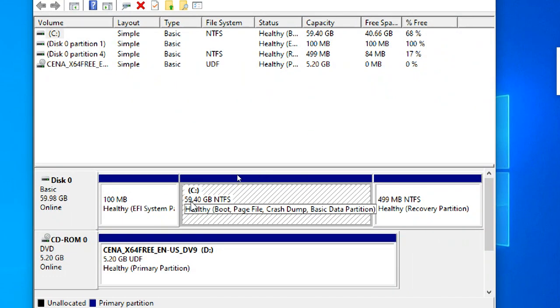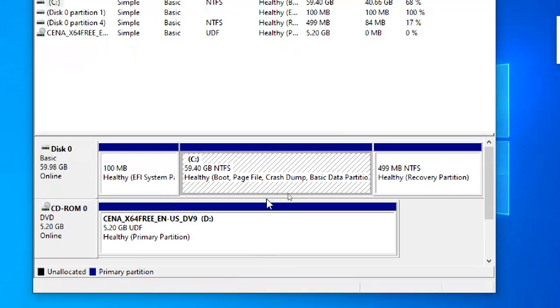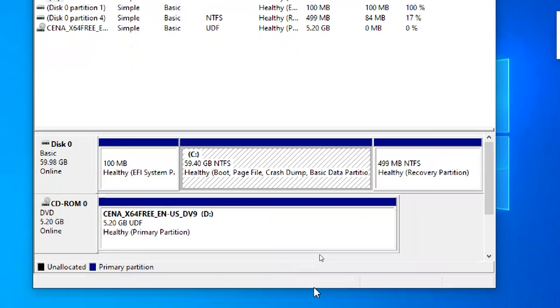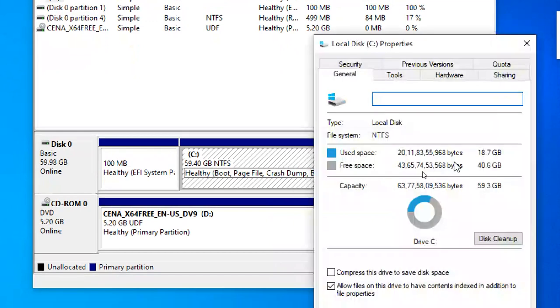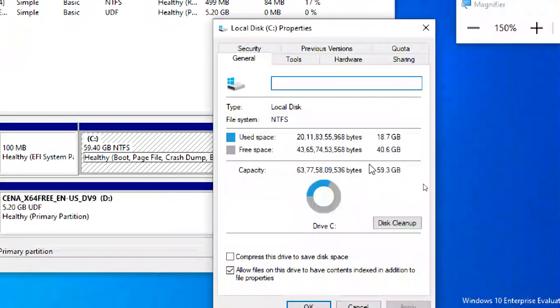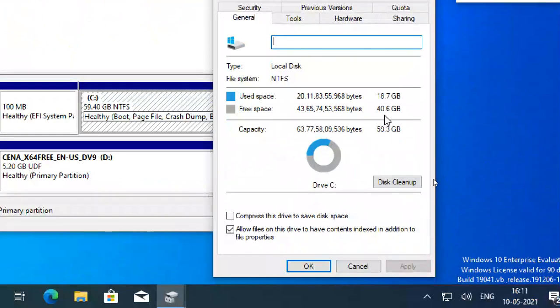Guys, this is my C drive. It is almost 59.40 GB, so around 60 GB. And if you go to the properties of the C drive, you can see 40 GB free space is there. If it is not 40 GB, there is still more free space available than you think.